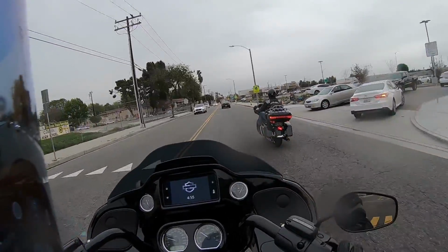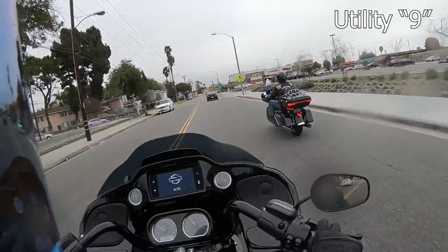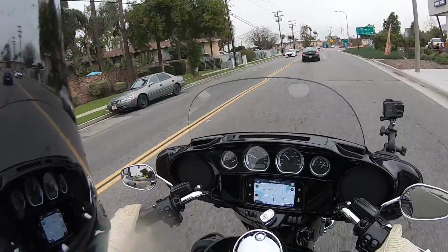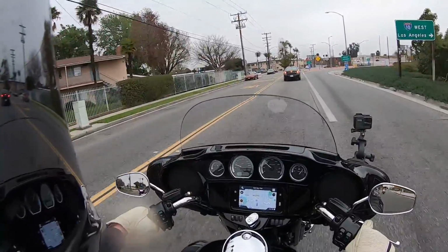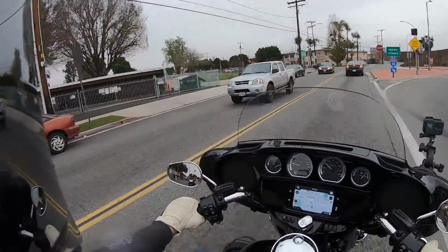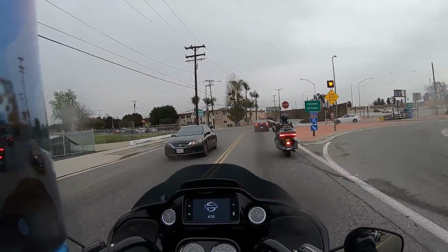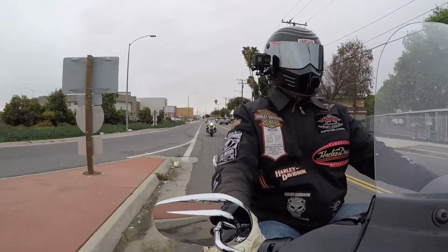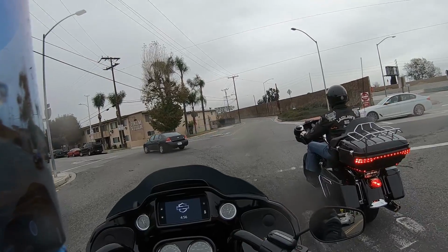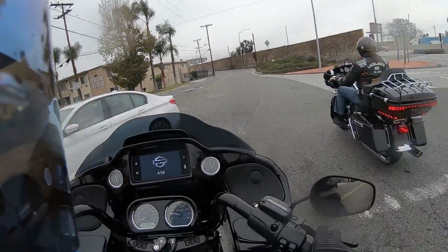Utility on this bike, I'm going to give this a 9. The utility is extremely good, and you can compare this to any motorcycle in the world as far as utility. I'd still give it a 9 or even higher. As far as motorcycles go, I can't think of motorcycles that really have any more utility than this bike, except for some bikes out there that have a power windshield that goes up and down. But you've got navigation, GPS, Bluetooth, you've got the hand warmers on this bike,